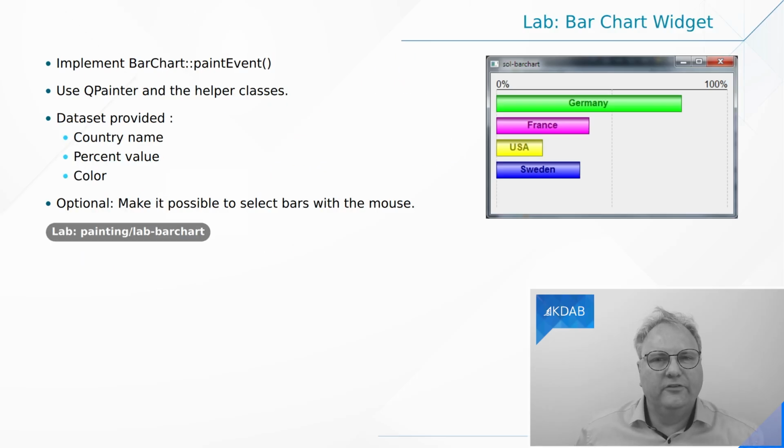So what I'm going to show you now is a solution to this exercise that you see over here. We have a number of bars that have a different percentage value. They have different colors. They have text inside them. And actually, the data that comes into this is just add bar. Very, very simple API, because that's not what we're going to be interested in.